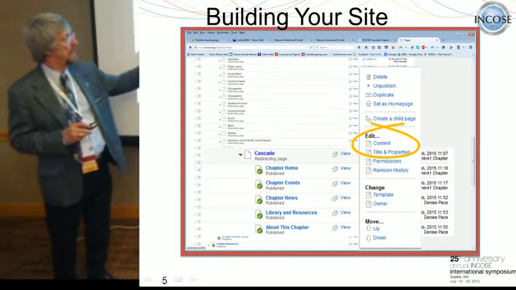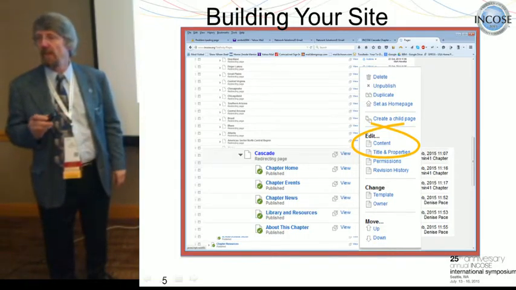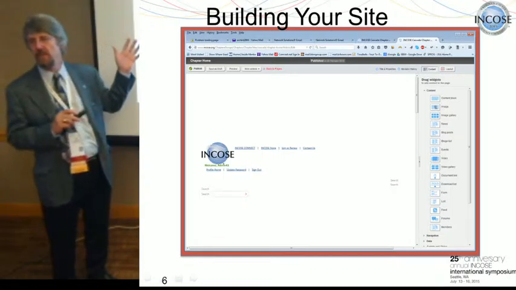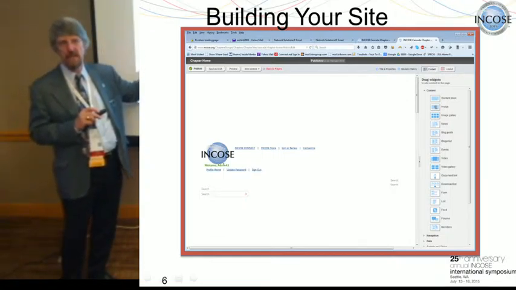So you can do that by editing title and properties. I'm not going to look at that right now. I'm going to move on and look at what we do to edit the content. So we select that edit content, and up pops the content editor, and it's all integrated into the content management